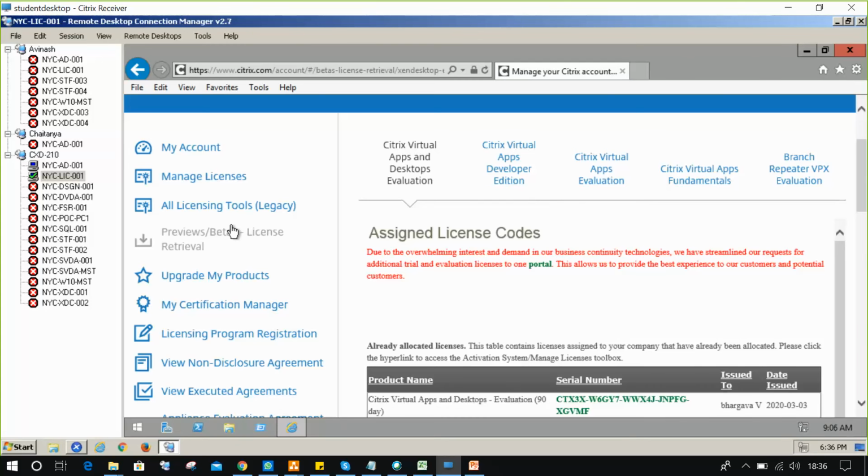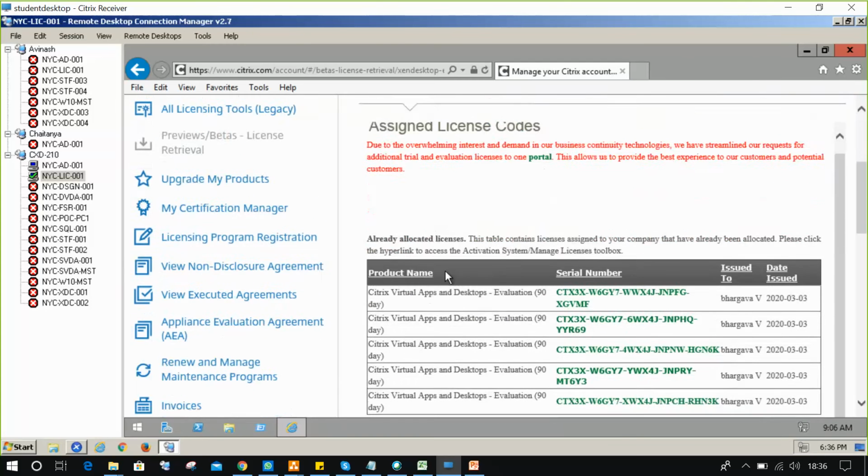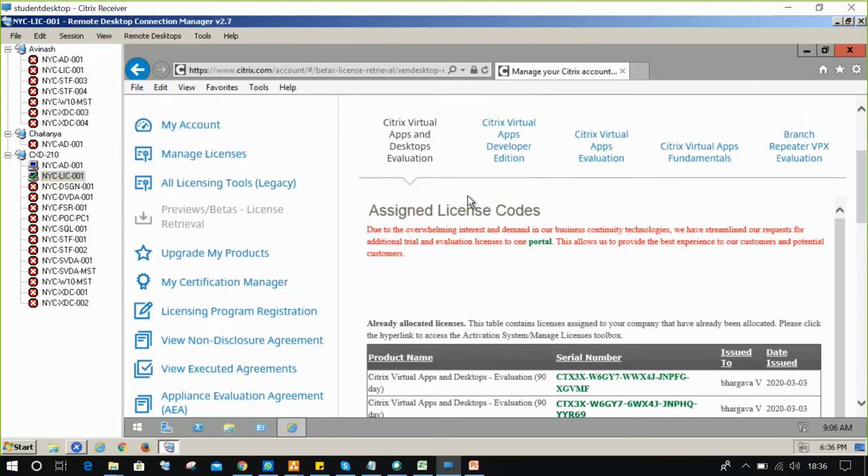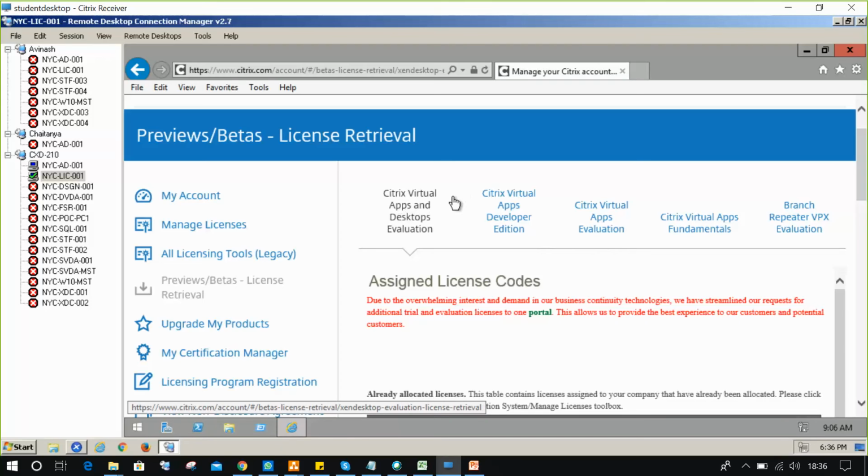So here we have a couple of licenses showing in this list. Citrix Virtual Apps Desktop Evolution, Citrix Virtual App Developer Edition, Citrix Virtual App Evolution, Citrix Virtual Apps Fundamental, Branch Repeater. So we have to select the first one and you have to download it.